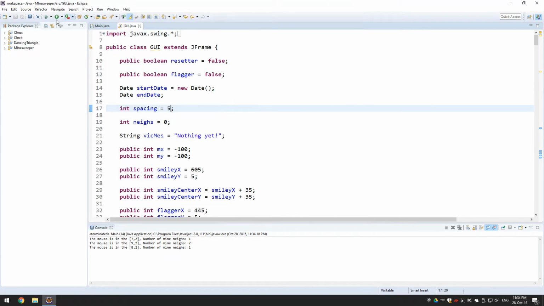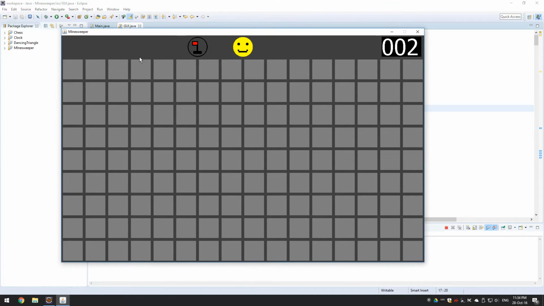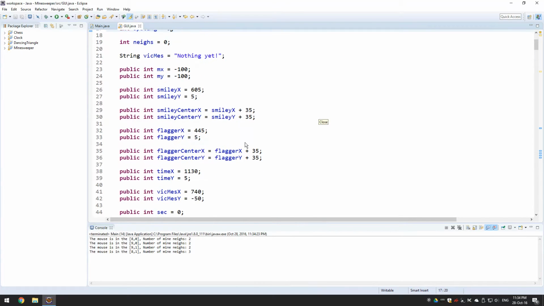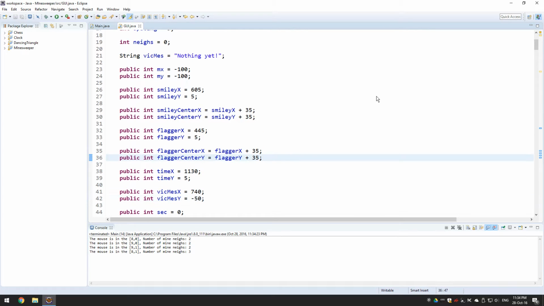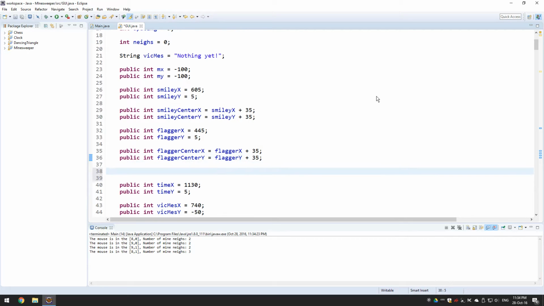Okay, so what we need to do is add two buttons, and we're going to add them right here where we've got some space, because right here a text is displayed whenever we lose or win. So we're going to place our buttons right here. In order to do that, what we need to do is create, of course, four variables. So let's go right here, or wherever we want, it doesn't really matter, and say public int